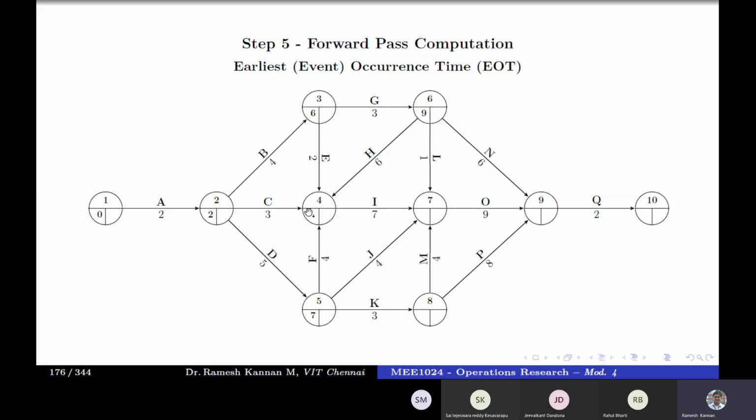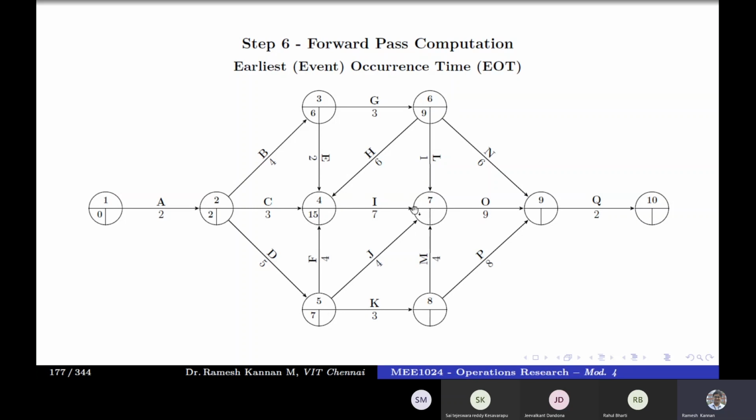So which is maximum? In a forward pass, we look for the maximum. Which means that event 4 cannot start even when 2 plus 3 days is over, or 6 plus 2, 8 days is over, or 7 plus 4, 11 is over. It has to wait till 9 plus 6, that is 15 days. Unless event 6 is over, event 4 cannot be started. You remember the precedence relationship we talked about. It's called finish to start. Unless the other activities are finished, this event 4 cannot be started. So the EI value for event 4 is 9 plus 6, which is 15. That is why we got 15.